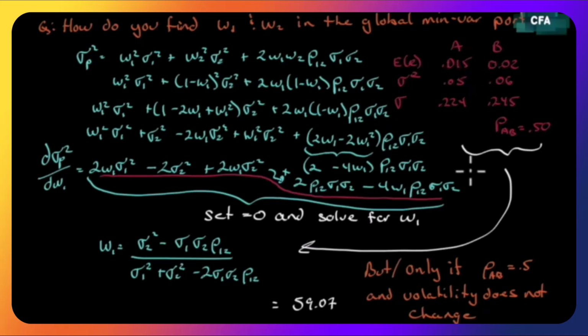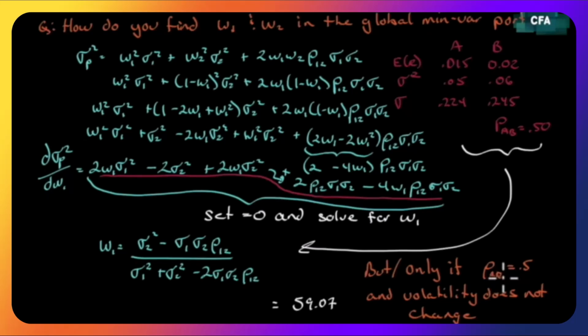Now, here's the thing, and here's why we have to be very careful about finding a global minimum variance portfolio and saying, aha, that's it. That's only it if two things happen. Number one, the correlation between A and B remains at 0.5. If the correlation moves, let's say it goes to 0.55, let's say there's a bit of turmoil in the market, and whenever there's turmoil, correlations start moving towards 1. Let's say the correlations go from 0.5 to 0.6. This will no longer be the global minimum variance portfolio. Those weightings will be wrong. You'll have to readjust. You'll have to reweight those two assets.